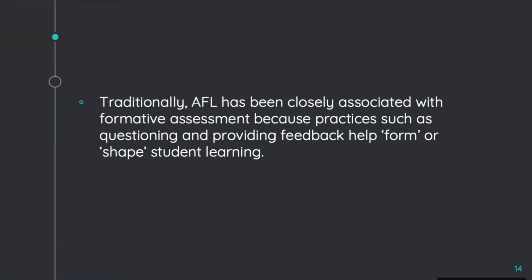And again, I do not consider them to be one better than the other. I consider them to be complementing each other in a way, because we cannot do just formative assessment. At the end of something, we must do summative assessment. This is how the system works. So instead of fighting the system, let's just make everything work together.